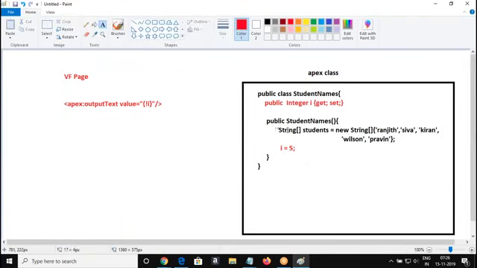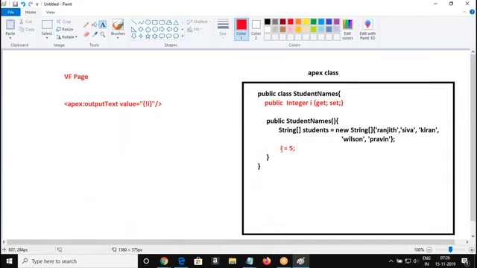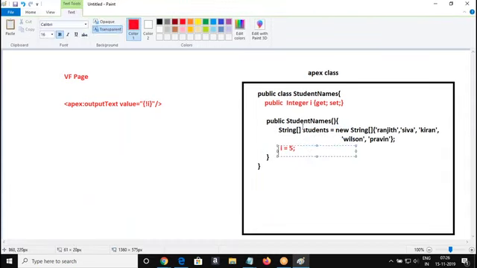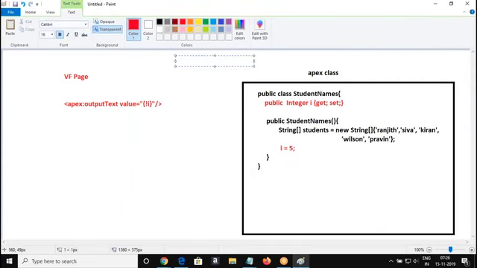Similarly, now I would like to refer to a student. Student is not just a single-dimensional variable. It's multi-dimensional, which means it has a collection of values. Whenever you deal with a collection, a group of values, what are the elements I can use in my Visualforce page? There are 4 components we have.